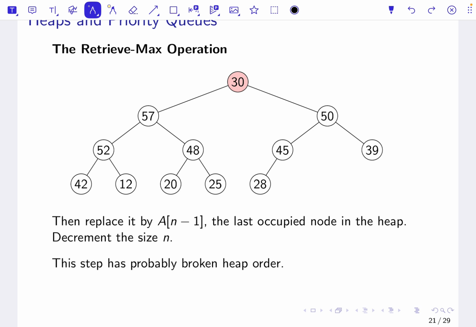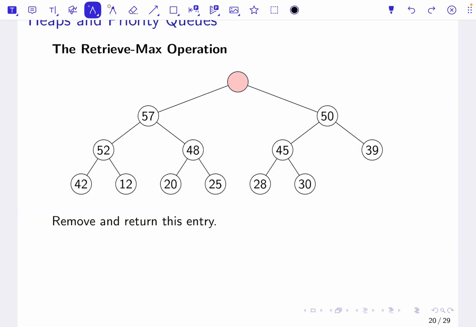Before I get into this, I just want to point out that this finally really takes advantage of the fact that we're using an array instead of a bunch of pointers to implement this. Finding the last element of the complete binary tree. If you were implementing this using nodes and pointers, well, not only would the tree not be guaranteed to be complete, but if you assumed it was complete and then wanted to find the last element of it, you'd do something like